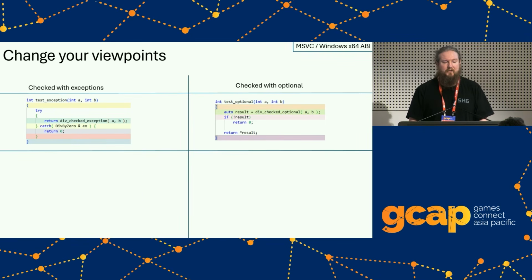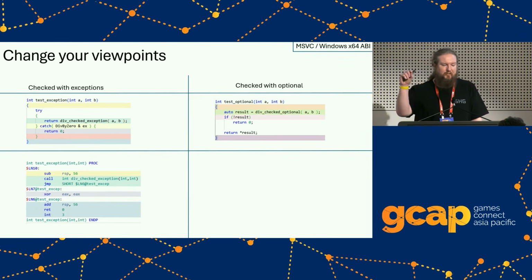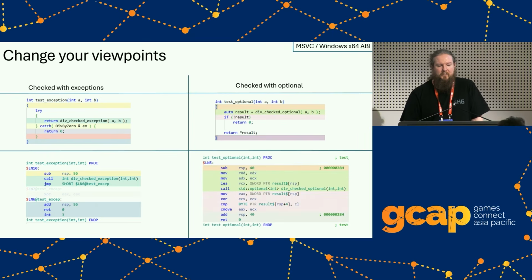And then if we look at the Windows version of that one, similar sort of thing, but we've got a little bit of an odd thing here where it's got a call to the function, then it's jumping over. So it's got an unconditional jump over an XOR here, which is returning 0 from when the exception occurred. So not quite like the optimal code that we'd want, but that should be hopefully fairly efficient for that. But if we compare that to the optional version, we've got a bunch more extra instructions here where we're doing an XOR, comparison, and then a conditional move. So there's a bunch of little extra work that we're doing, just avoiding exceptions for these cases.